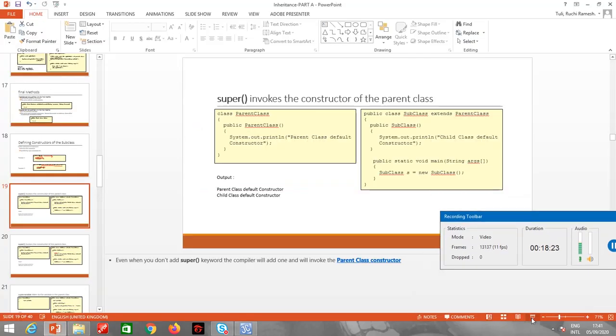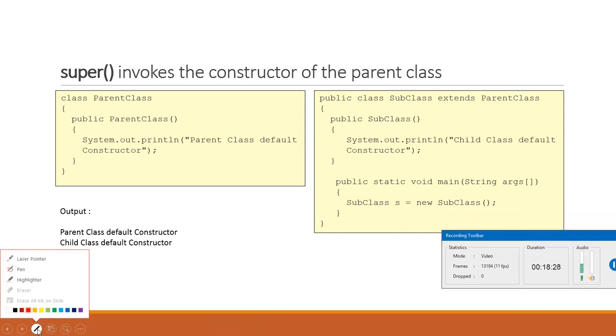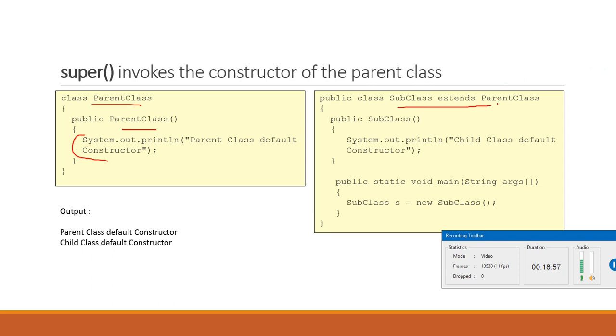Now let's look deeper into the parent class and child class constructors. At the end I will make one more program. Now coming to the super keyword: what is the purpose of the super keyword? The first use of the super keyword is to invoke the parent class constructor from the child class. So if you see over here, let's quickly do this program. This is a parent class constructor, and we are just printing one line over here. Now this is a child class that extends the parent class, which means it's an inheritance.